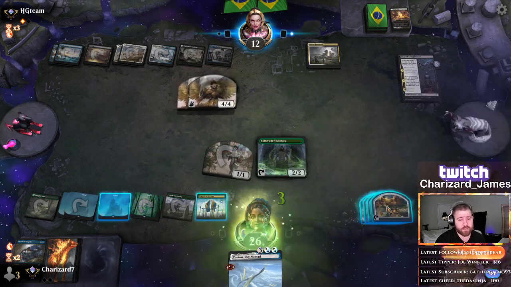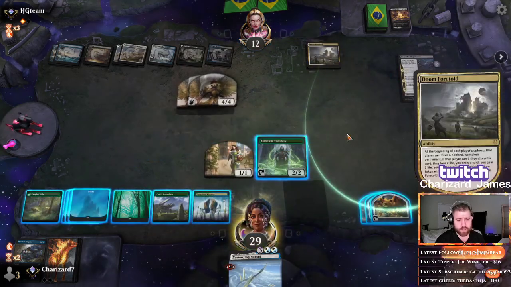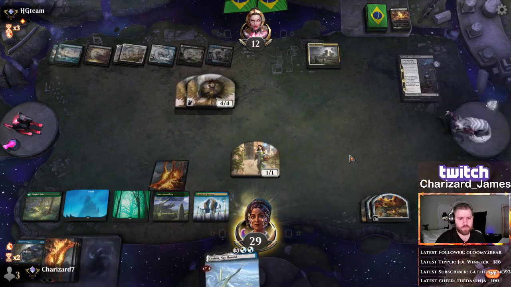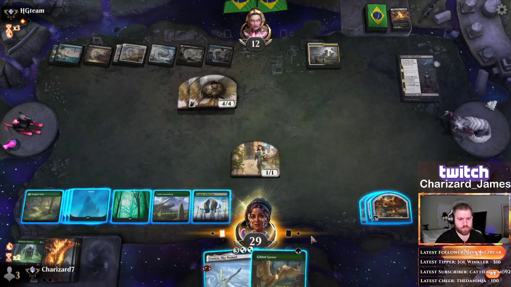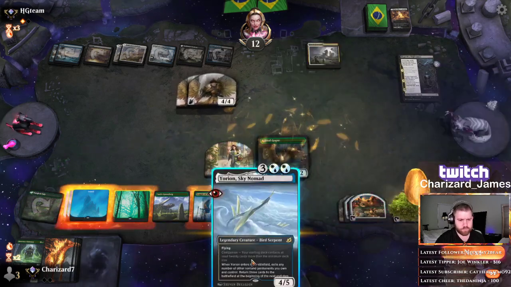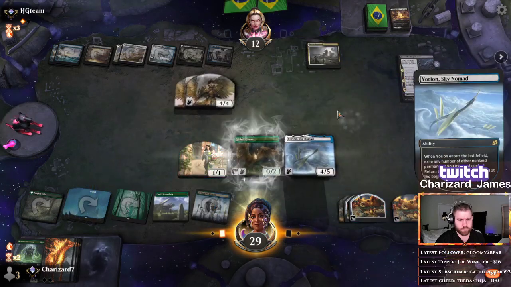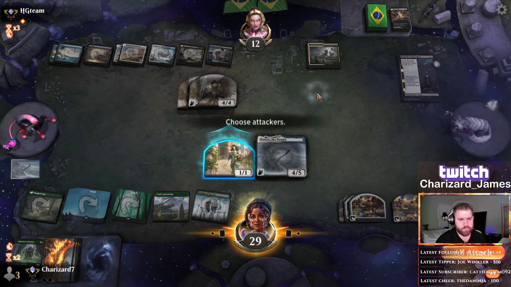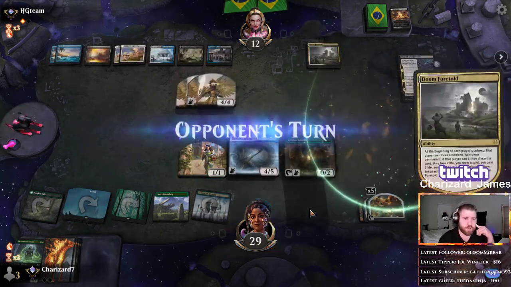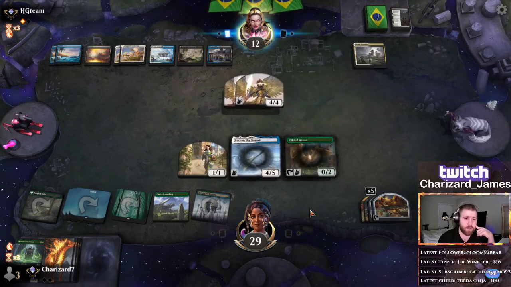I guess I gain life so I can not die to these angels. I need a Kogla, I think. Alright. So, at least the Yorion can block the 4/4s. And the Doom Foretold, I can sack my Gilded Goose so I can keep my Yorion. So,